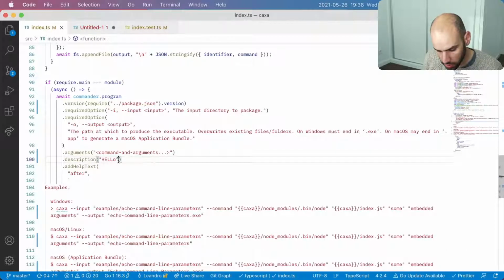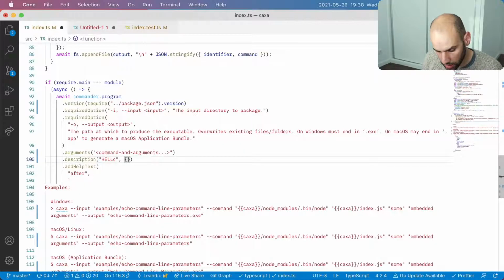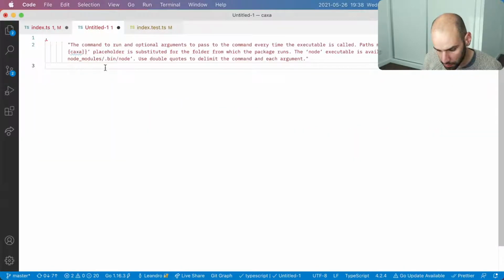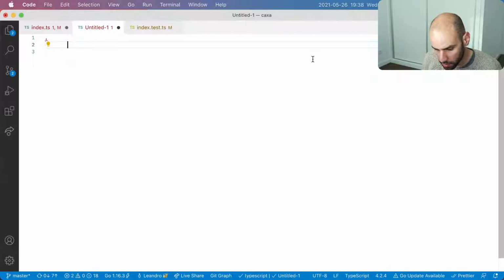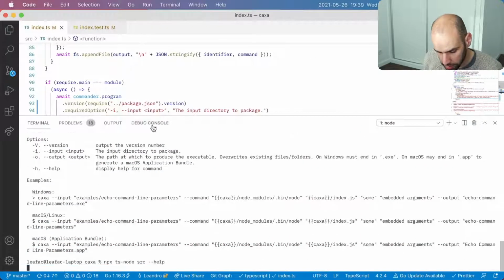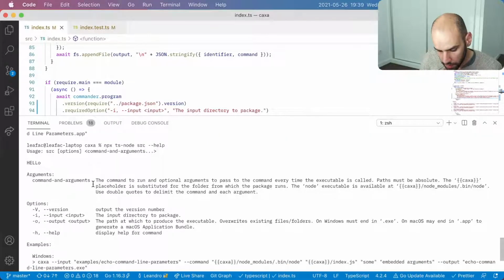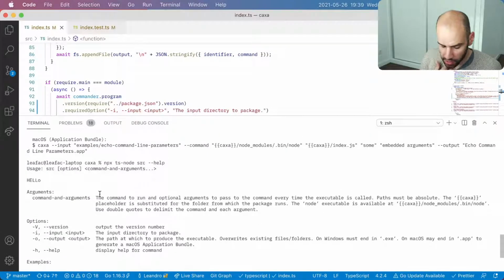So I guess I'll just put another part here that is an object, and here the key is probably this, and the value will be probably that. But we will read this over to make sure. Now let's see how this prints. Arguments, command, and okay. So it's kind of reversed in the order that I would like to see it. I would like to see the options first and the arguments later, but I'm okay with that.